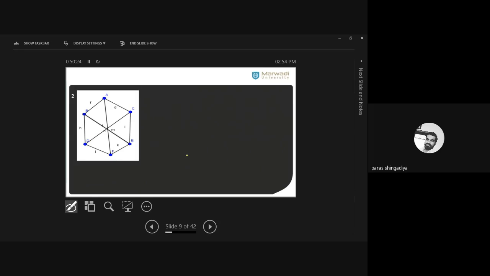Okay, K4. You also know what is the shape of K4, how we can draw it. If you know its graph, then its matrix can be made. If you don't know how to draw K4, how to draw K5, then it cannot be solved. Okay? So this type of question will be there, and sometimes the graph is already given, and you have to derive its matrix. So 6 vertices are given in the graph, which means it will create a 6 by 6 square matrix. Okay.